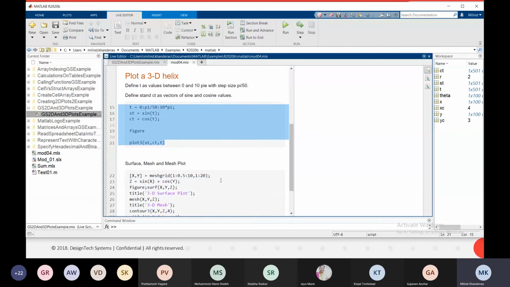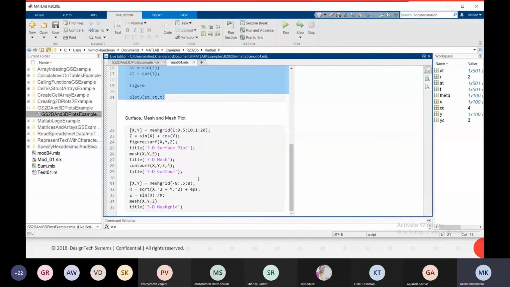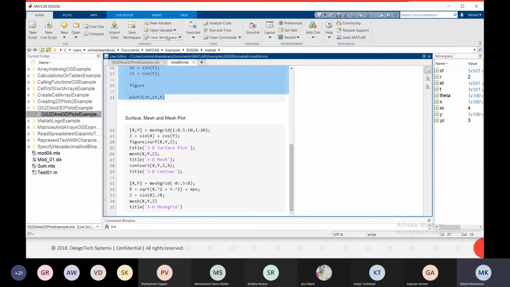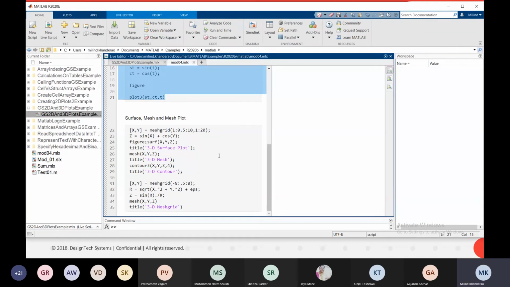Now the last one, which is, let's say, the surface, mesh and mesh plot. So we will see. We cannot avoid some kind of noise.